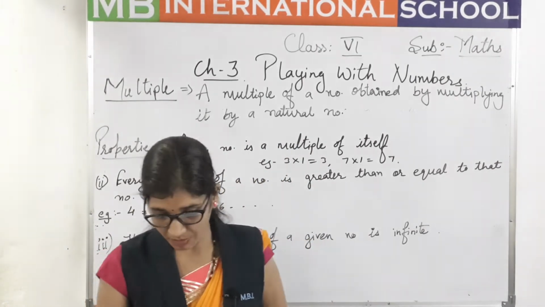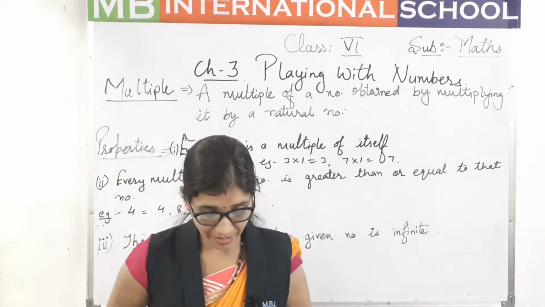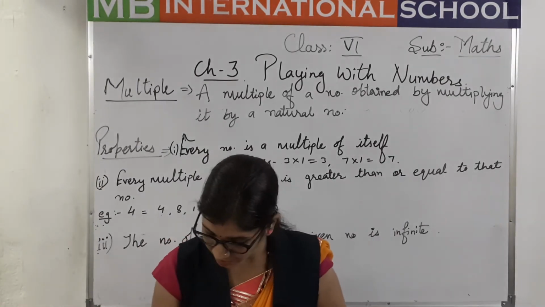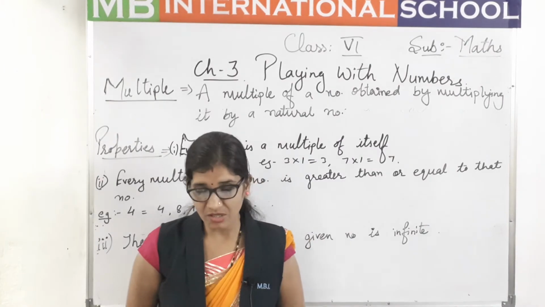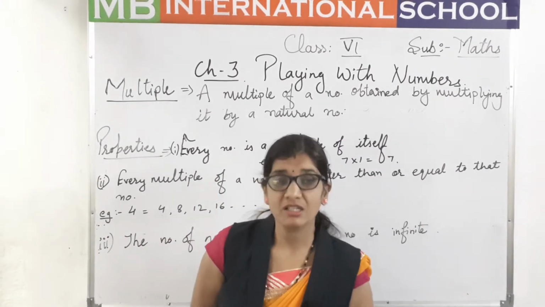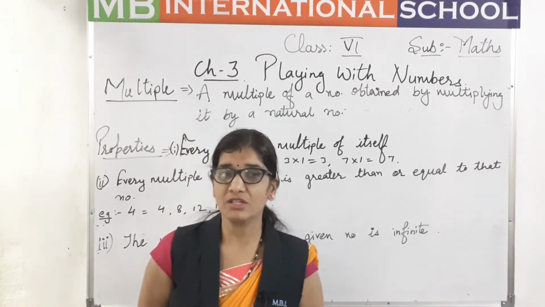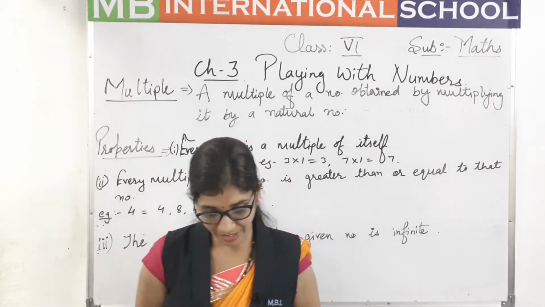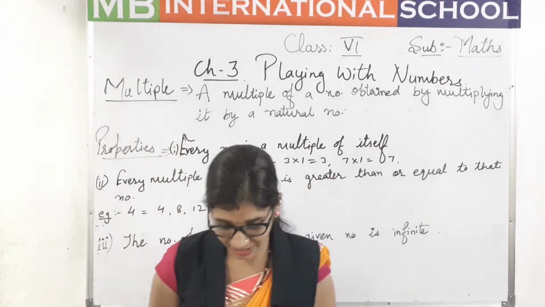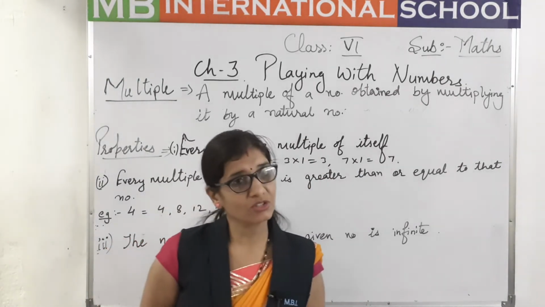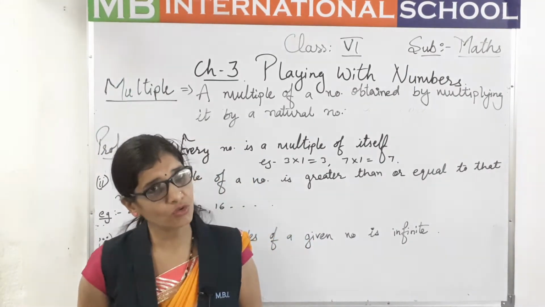Now come to page number 62 of your book. On this page we have prime factorization. In this topic of prime factorization, today we are going to study how a number can be divided and prime factors can be taken out. We have learned about the factors of a number, and a number can be written as the product of two factors.